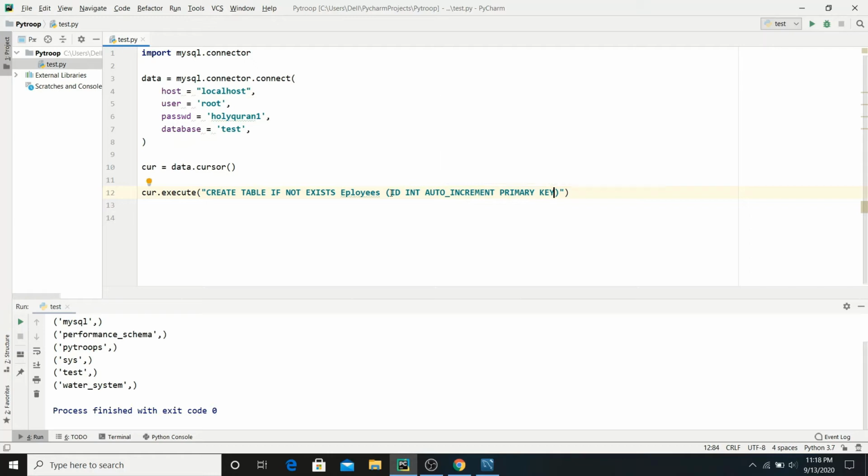So what will this auto increment primary key actually do? It will create an ID automatically whenever you add an employee. Let's say you add the first employee, the ID will be 1.